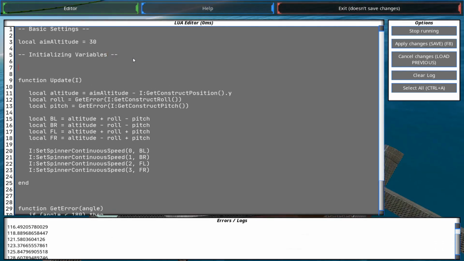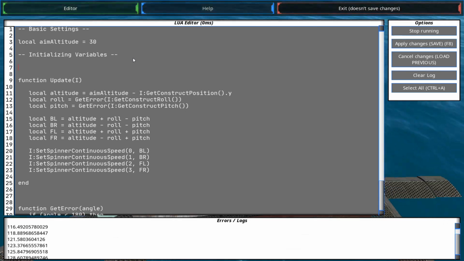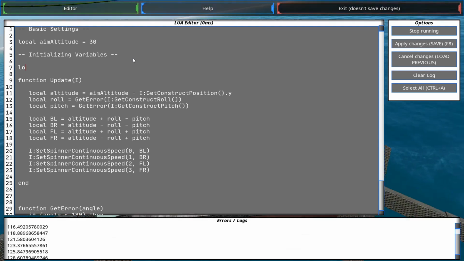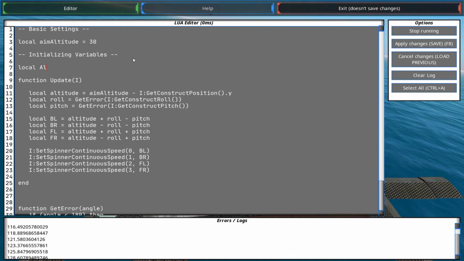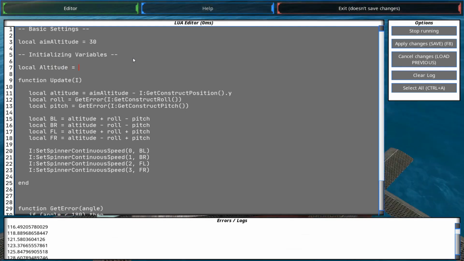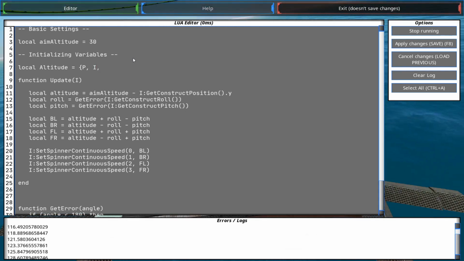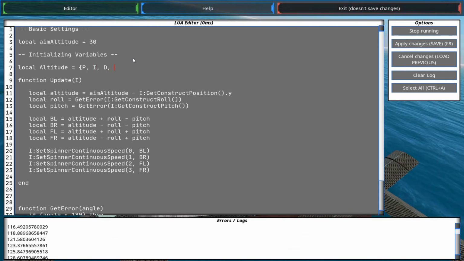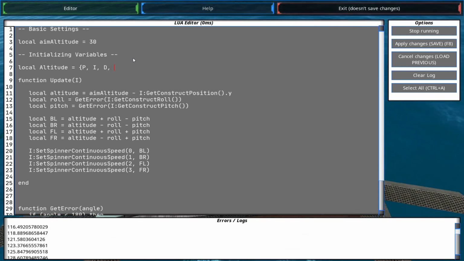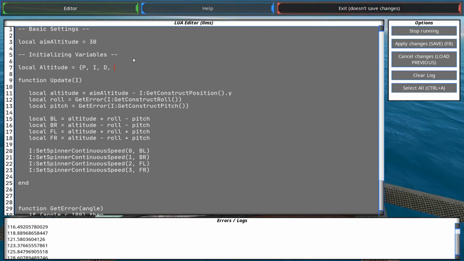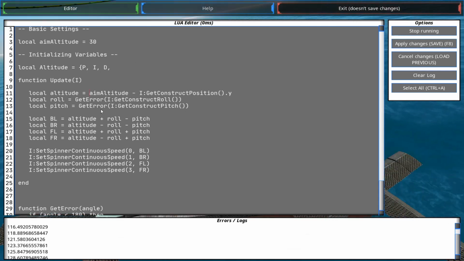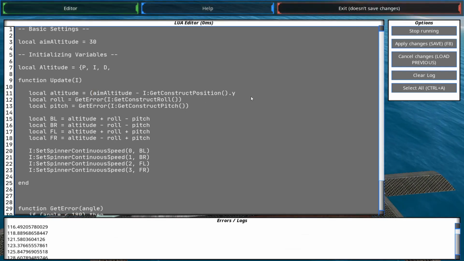And so I'm going to create a table of variables for each of the things we're trying to control: altitude, roll, and pitch. So I'm going to create the table altitude, and inside that table I need to have a p-value for the strength of the proportional, an I-value for the strength of the integral, same with the derivative, and then we're going to need some other values in order to use the integral and derivative portions of this controller, because just a P controller is simply taking this value, this error, and multiplying it